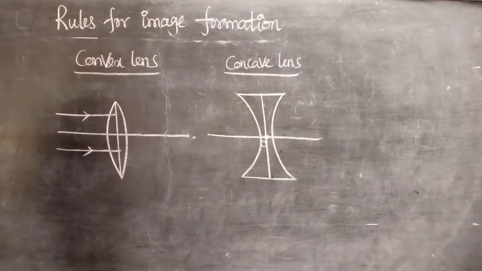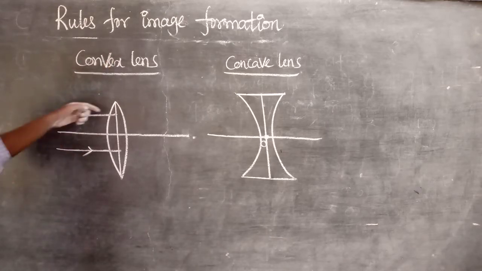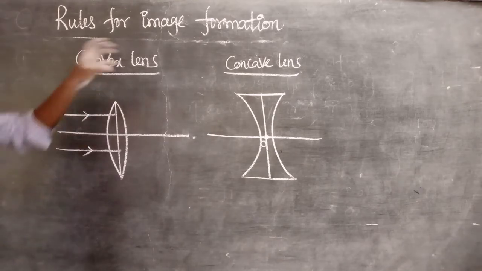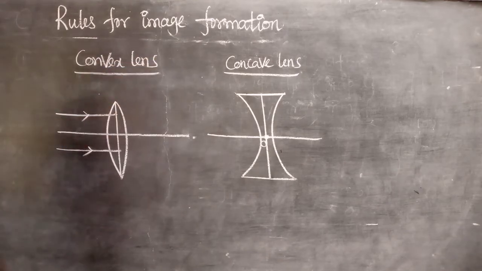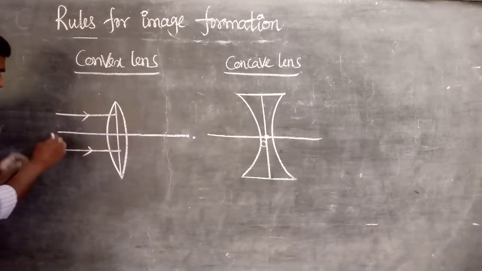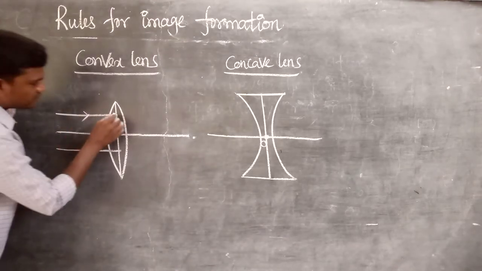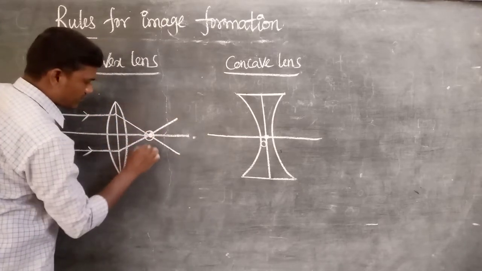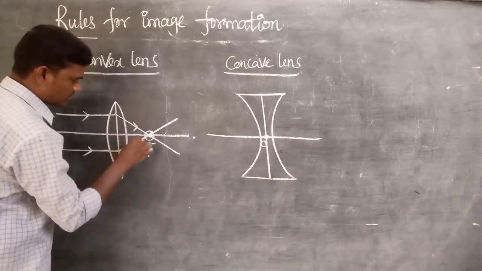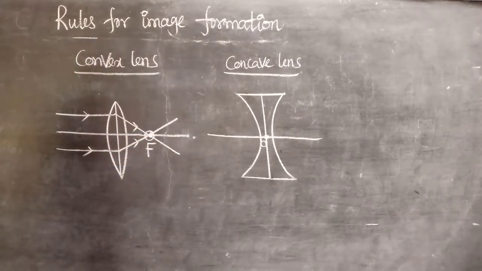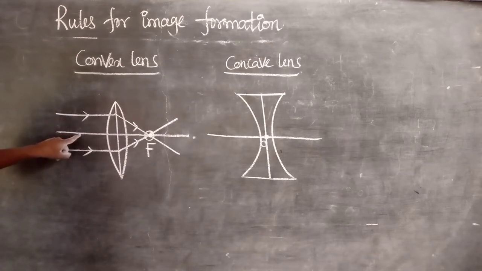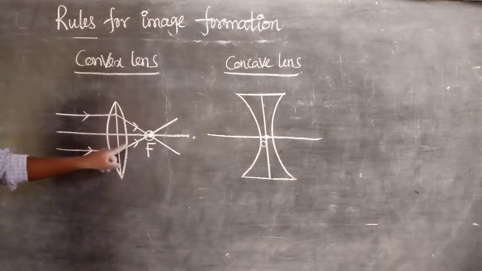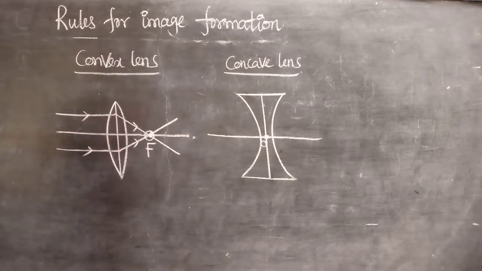In our previous video also I clearly explained, after refraction in the case of a convex lens, the rays are converged, but after refraction in a concave lens they are diverged, in the case of a parallel beam of light. That's why it is the focus. So the incident ray is parallel to the principal axis. After the refraction, it must be passing through the focus.